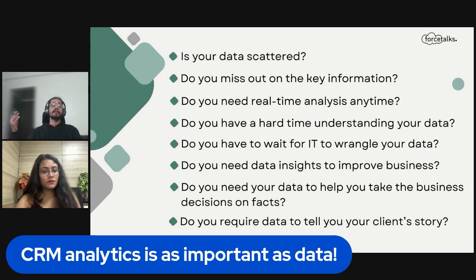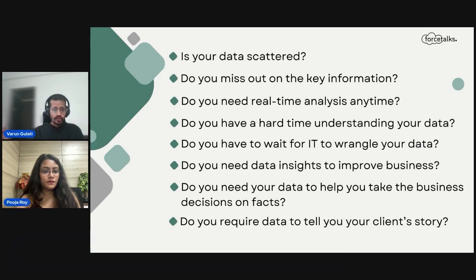Now this is an early stage. I launched CRM analytics. What next? I need some dashboards which will help me through the KPIs that help me decide something about my business. KPIs can be geographic locations, KPIs can be the source of my leads, and KPIs can be why my opportunities are not getting closed.